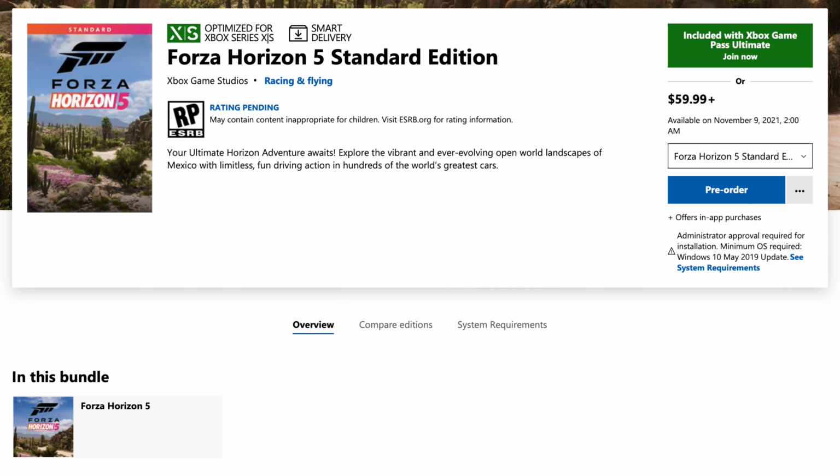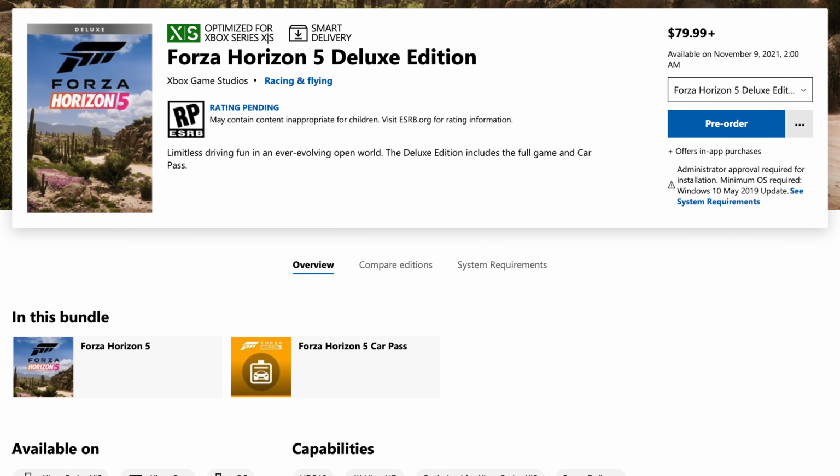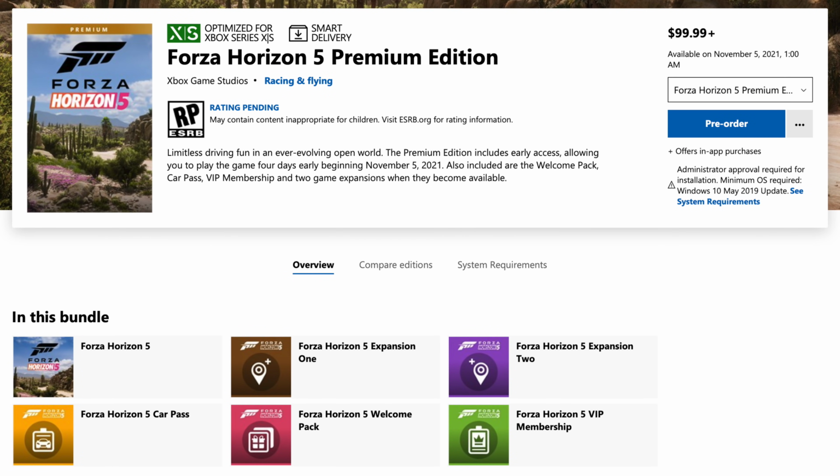You have 3 versions to pick from. Standard, which is the version that's going to be available on Xbox Game Pass, goes for $60 US and it comes with a base game. Then you have the Deluxe Edition, which includes the Car Pass, and it's sold for $80 US. And finally, we have the Ultimate Edition, which has been rebranded to Premium Edition, going for $100 US, and it